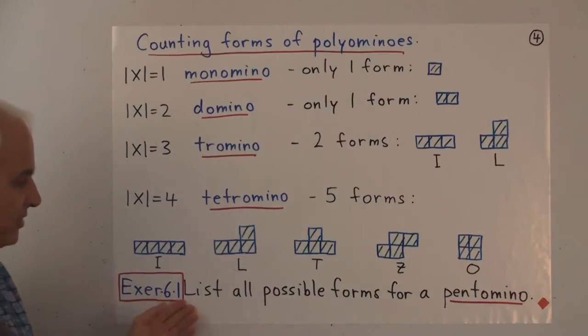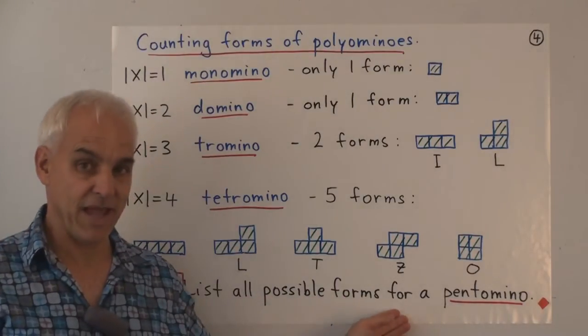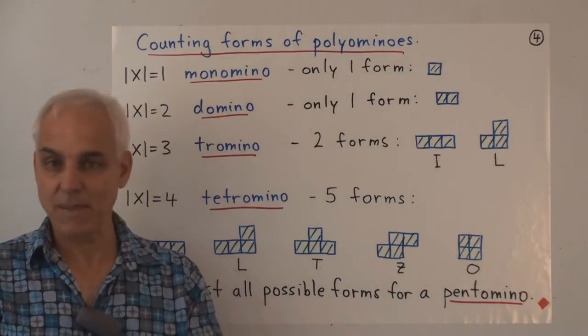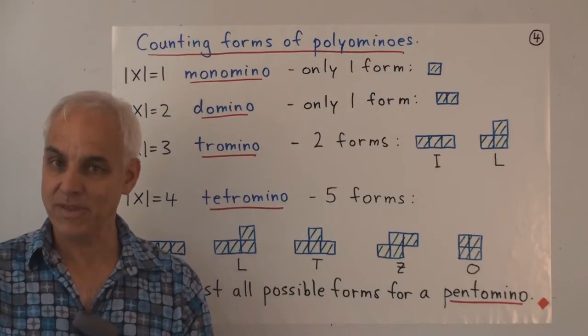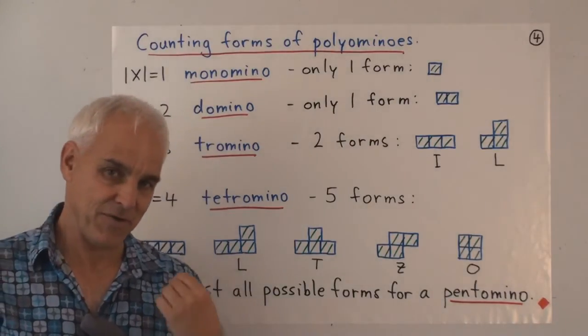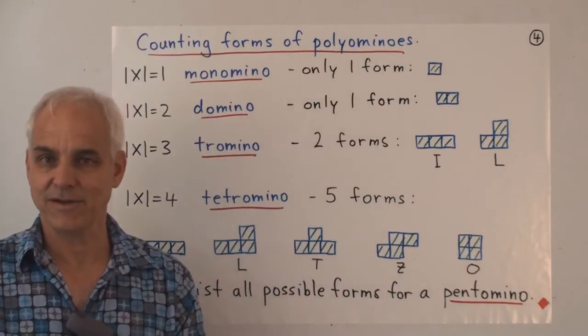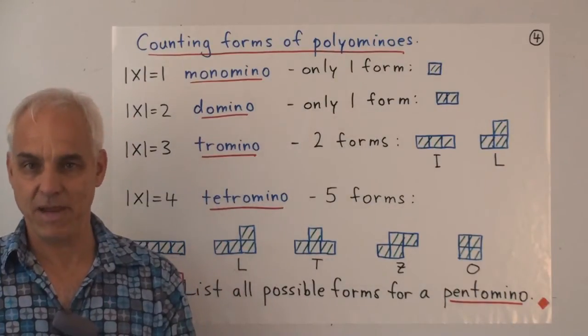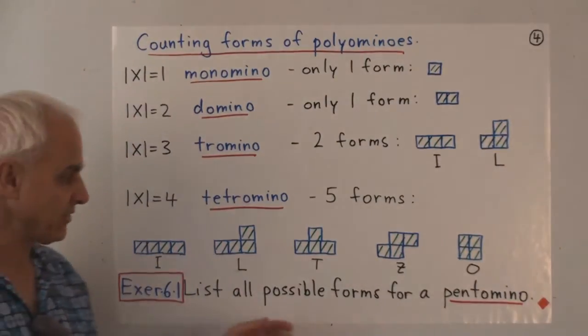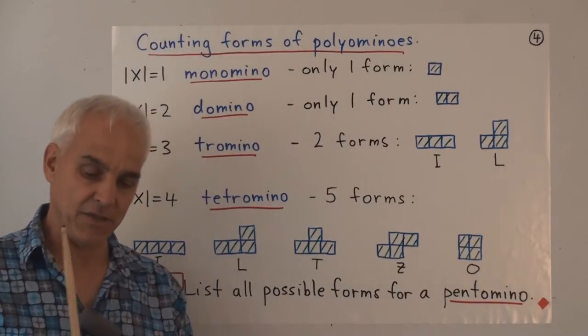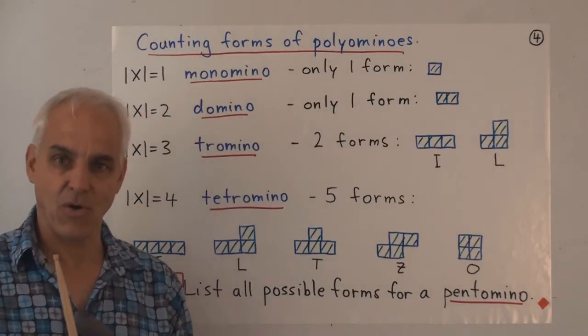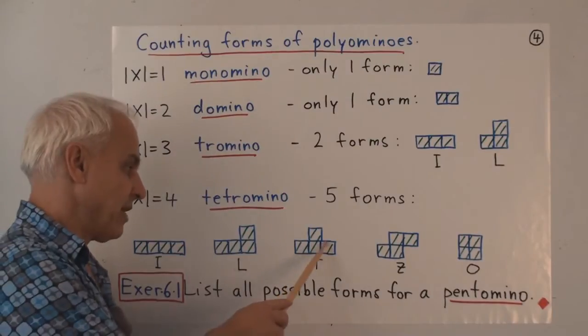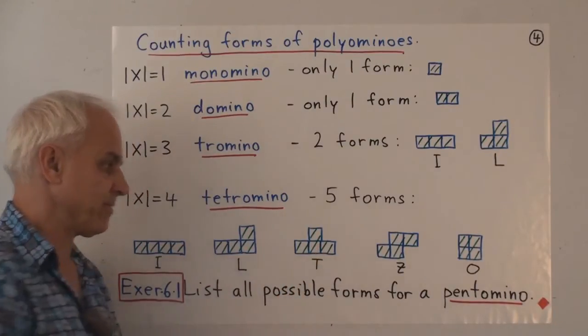All right, that's a very good exercise. I'm going to show you the answer by the end of the video, but perhaps you'd like to stop the video at some point between then and now and figure this out yourselves. It's a great little fun thing to do with a piece of graph paper. All the possible ways of sticking 5 cells together to form a connected whole, where connection means connected across an edge.